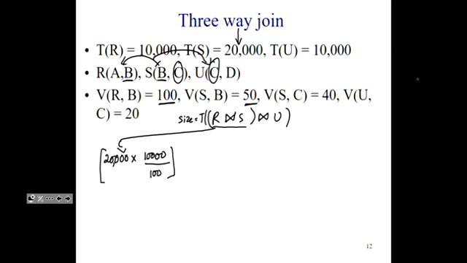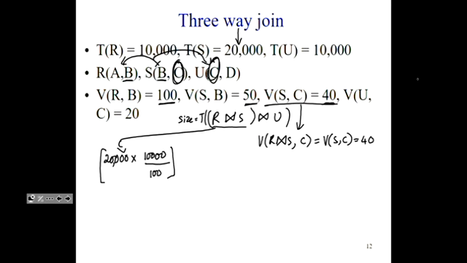So for S, the number of values, and before I get to R joined with S, the preservation of value sets assumption says that V of R joined with S, comma C is going to be V of S, comma C, which is going to be 40. Okay, so when I'm not doing a join on an attribute, then that set of values is going to stay the same. Okay, so why do I need that? Well, I need it to compute